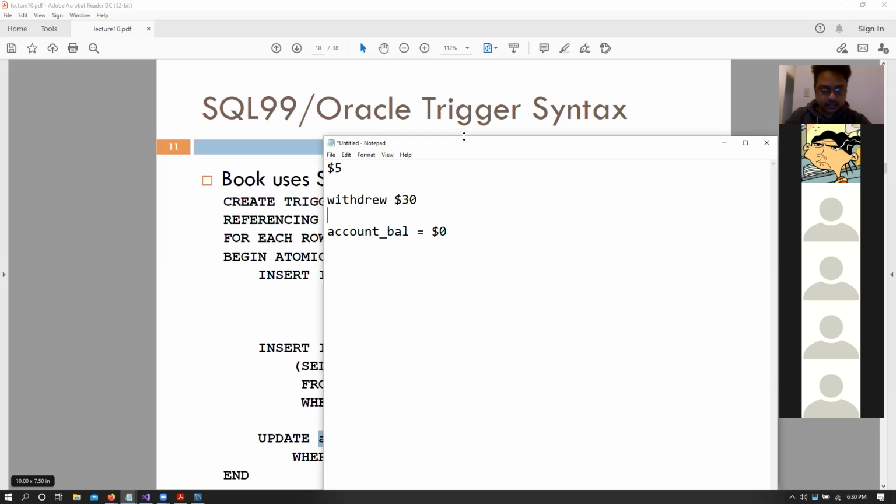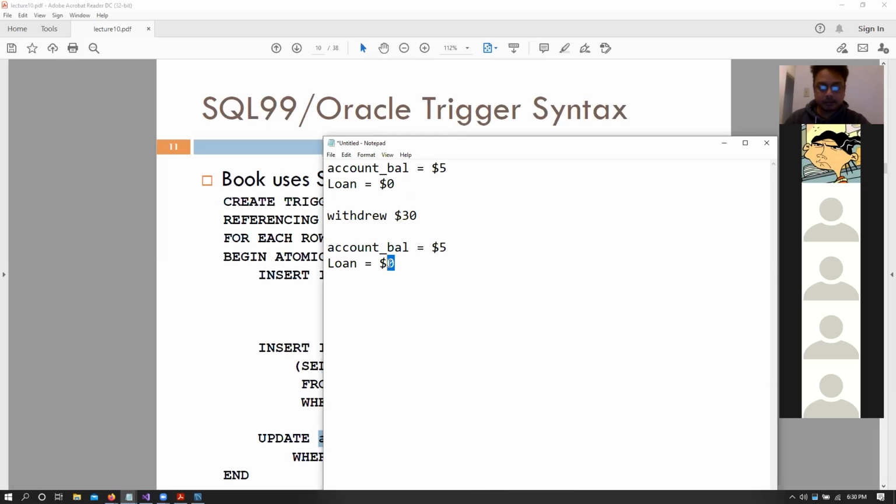Let me just say that again. Account balance was $5. I did not have any loan amount, so loan was $0. I withdrew $30 and my account balance became zero, and my loan balance became 25, right? Yes. My loan is 25, my account balance is zero.